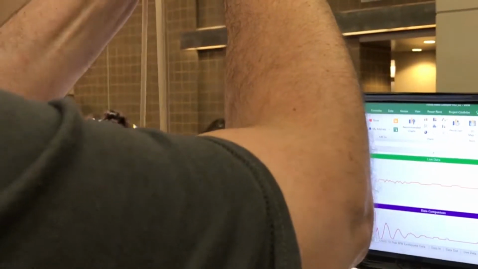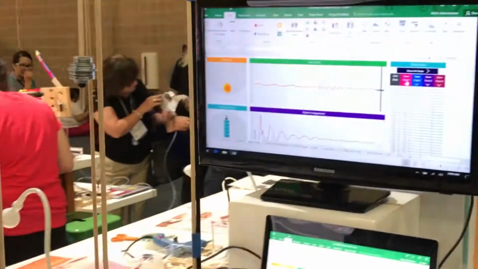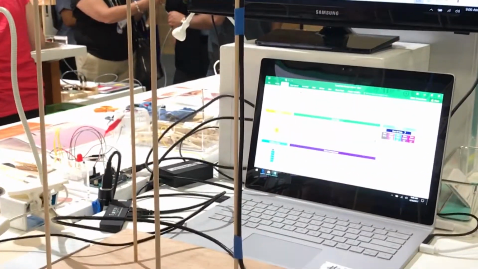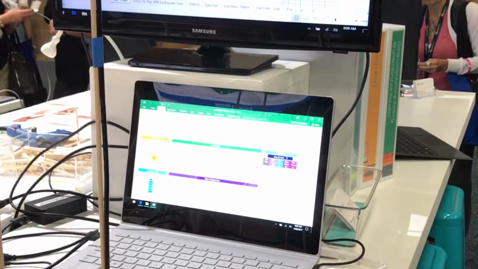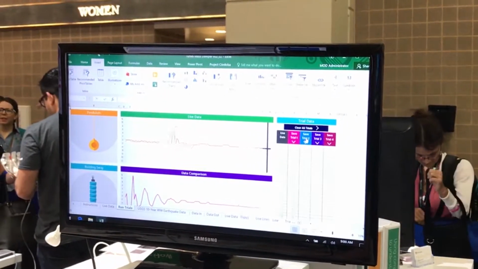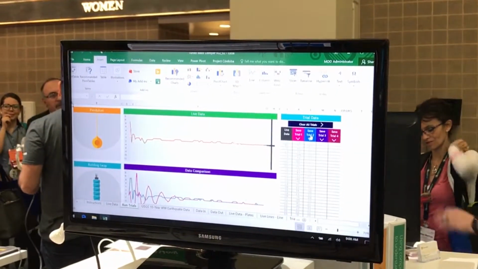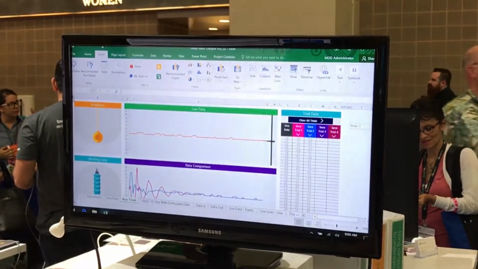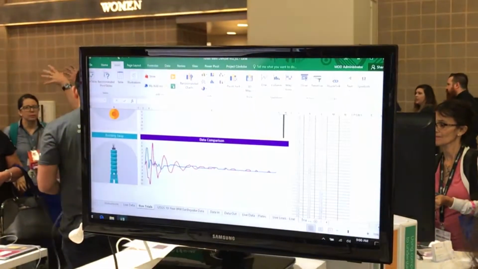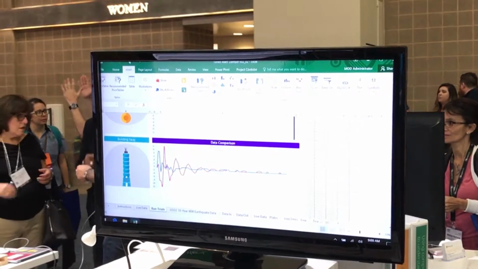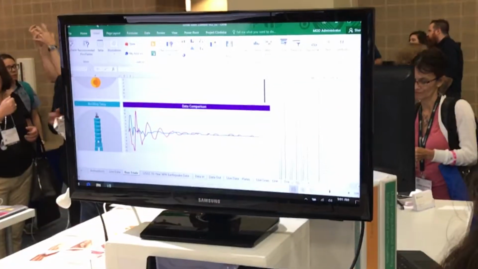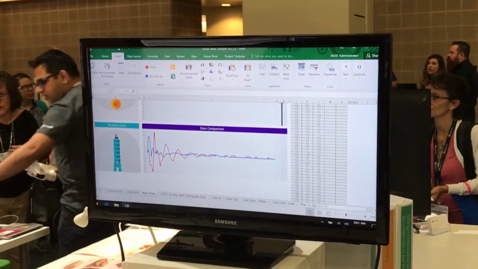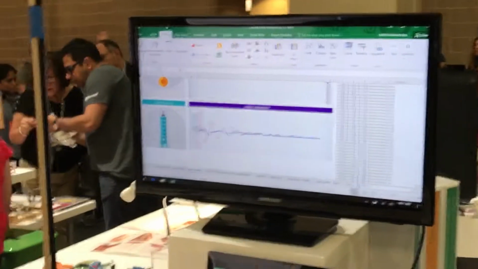So let's see what our graph looks like once I've already got it kind of dialed in here. Now let's take a look. We'll save it, click. Now you can see that that technology had a pretty significant impact on helping that building not receive as much damage due to that seismic impact. So it's pretty cool. Kids can go in there and run trials. They can save their data, compare their data, and it's just a really fun way to visualize